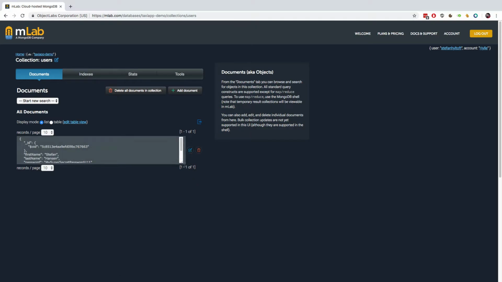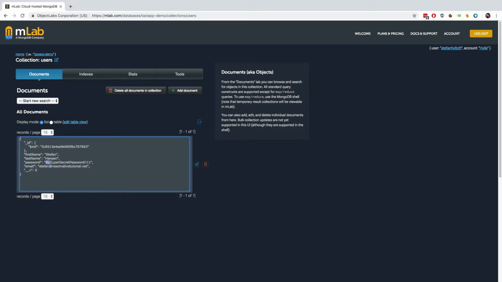So inside mLab here, we can also see the object here. Now, this is not good because we are saving the password as a plain text password. And this is a big no-no. Sometimes you have scandals coming out about companies who do this mistake, like Sony did, I believe, also saving credit cards and so on. We need to encrypt or hash this password so that there's just a long gibberish line